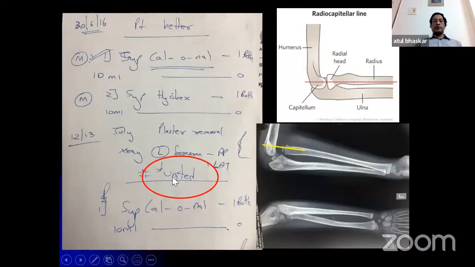Okay. Again, you saw the child again in the follow-up. Also commented that the fracture had completely healed, but never looked at the radial head. So this capitellar radial axis is very important to draw in every forearm fracture. If you make a habit of drawing it in every forearm fracture, you will never miss a Monteggia injury.